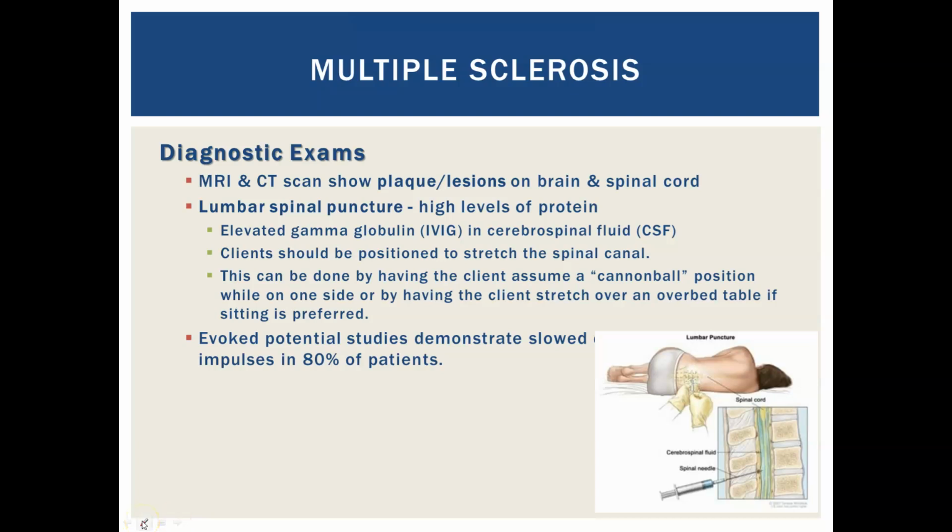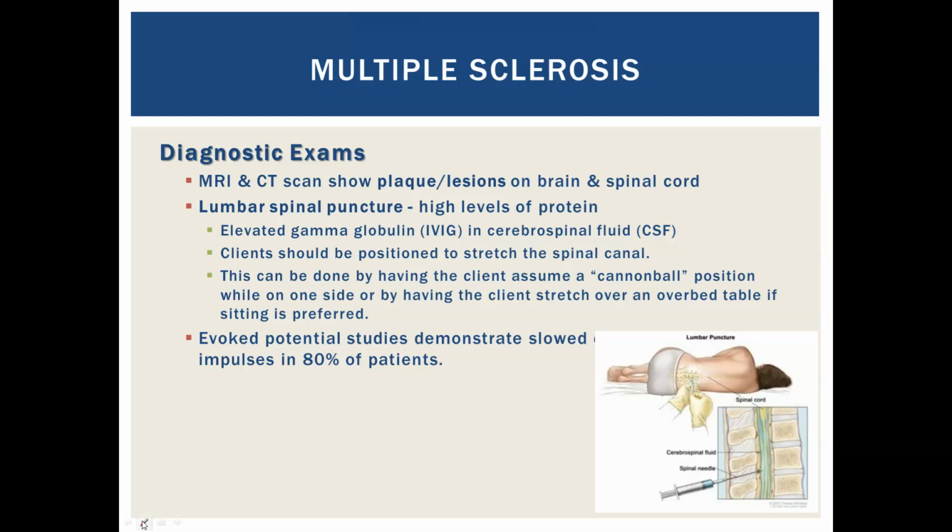Diagnostic exams, I would say mostly what we're probably going to be going off of is the H&P. And then as we progress, I would say MRIs/CT scans. They're going to help identify plaque or lesions to the brain or spinal cord that are going to cause those exacerbations. We can do a lumbar puncture. So we would expect that the CSF that we drain would have high levels of protein,